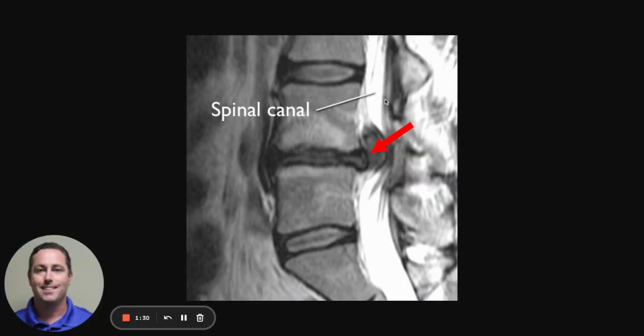Here's a really good image here that you could see. You'll see on MRI that we're showing in this picture here. This is a great depiction of an L4-5 herniated disc where the material, the gelatinous center, has pushed out from inside the disc. It's sitting in the spinal canal right here. This is the spinal cord, the darker gray right here on the backside. The white is your cerebral spinal fluid. This is a big herniated disc putting pressure on that L4, L5 level of nerves, and they're definitely going to